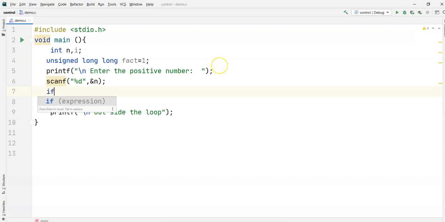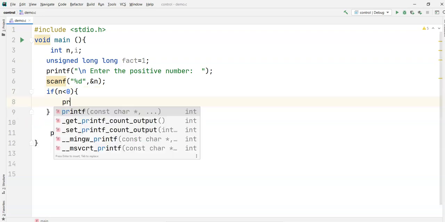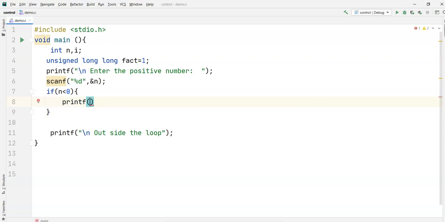First, I want to check a condition. If number less than 0, I want to print some output. If number less than 0, I will say printf, slash n,